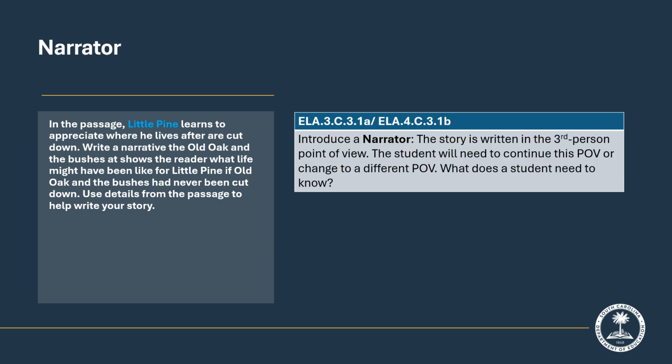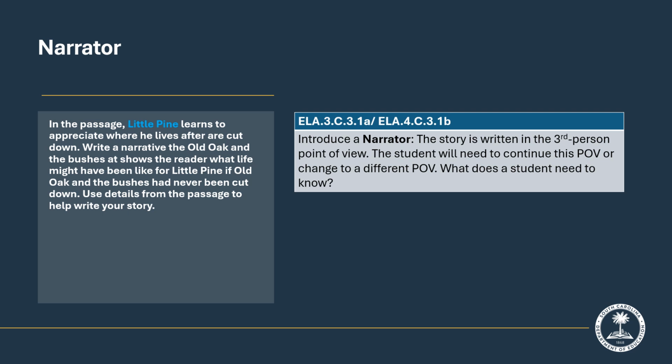On the left side, you will see the narrator identified in blue. On the right side, we see mention of point of view. Third grade students do not have to know the difference between first and third person points of view. That does not enter the reading standards until fourth grade. Third grade students do need to be able to determine that the narrator in this passage is also a character